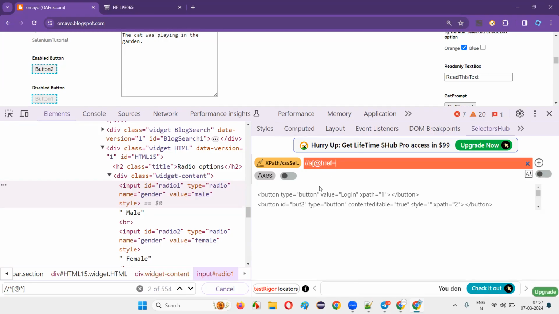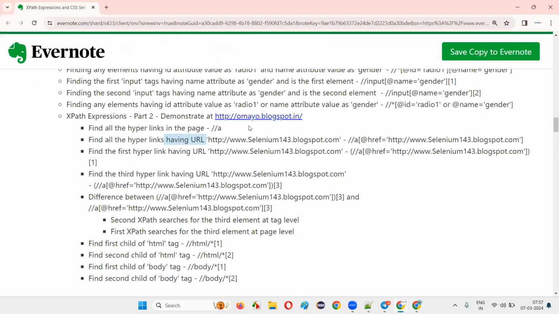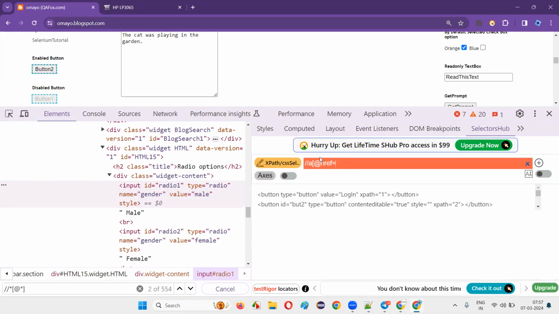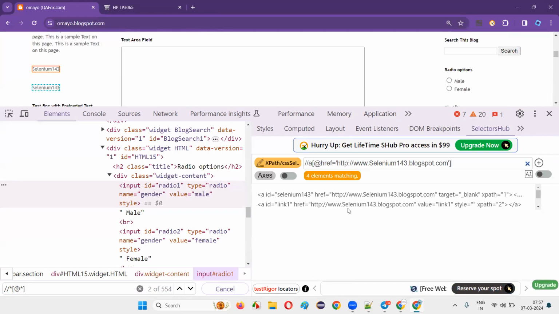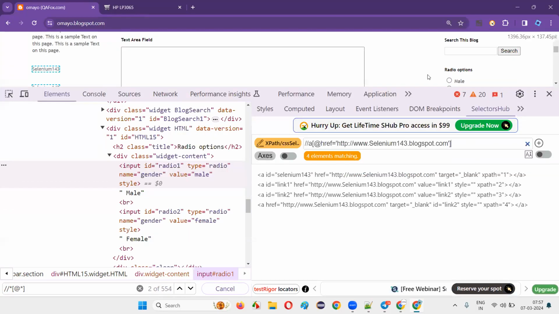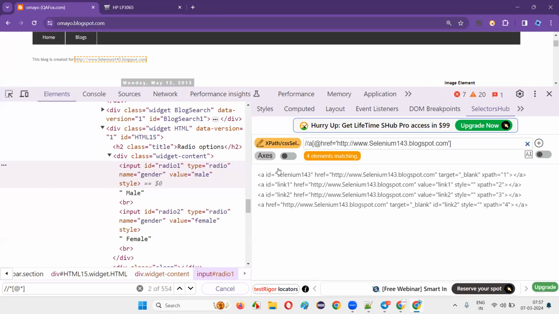Href is the attribute name, and they also have the value. They have given the URL here. Copy this URL and paste it here in the single quotes, and press enter. How many elements are locating? 4 elements. You see? Anchor tag having the href attribute, the URL will be stored in the href attribute. So we should understand that we have to write href, and whose value is